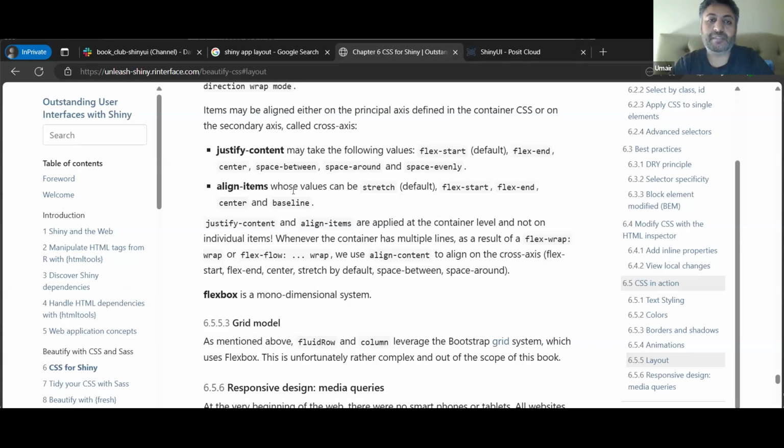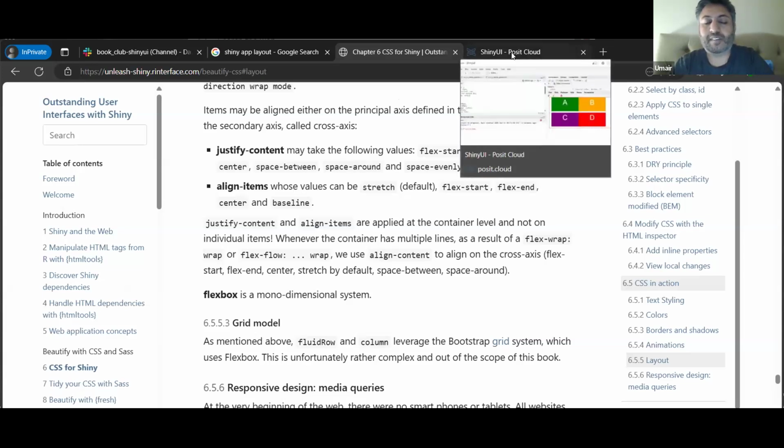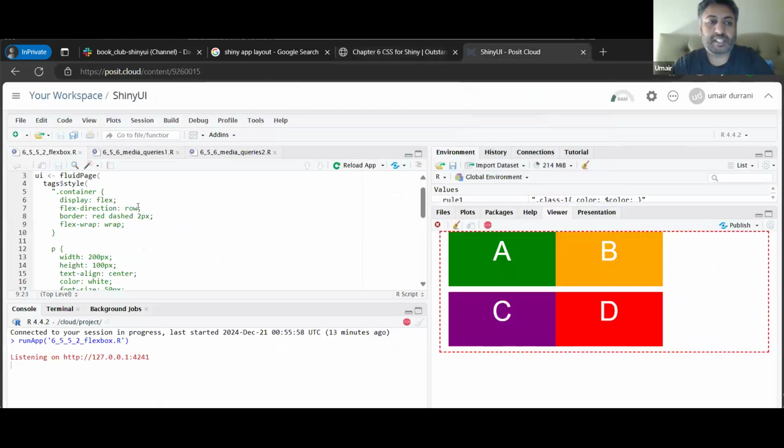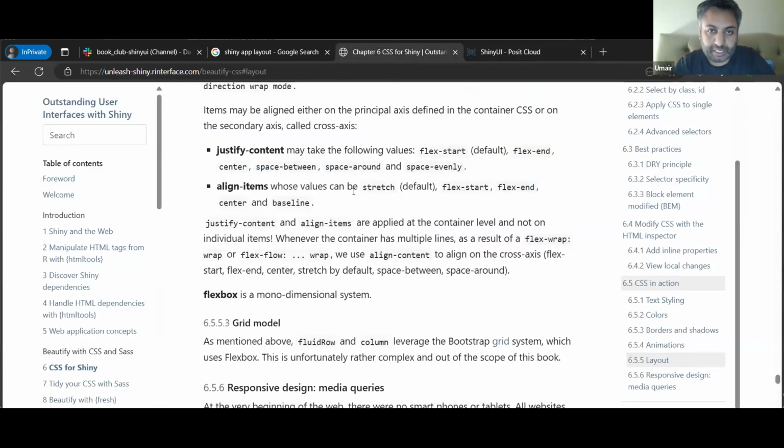Similarly, align items acts on the cross axis, not the opposite axis. So in this case, since I have flex direction as row, if I use align dash items, and let me go back to see some of the options, for example, if I use flex end,